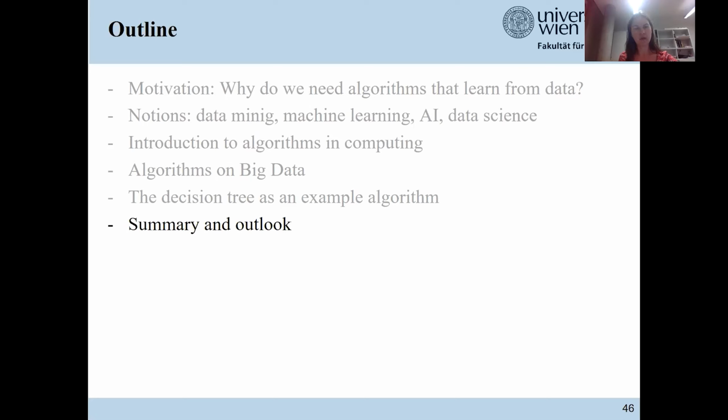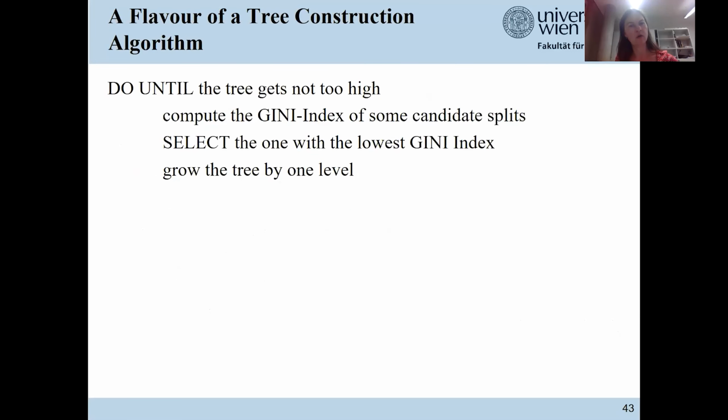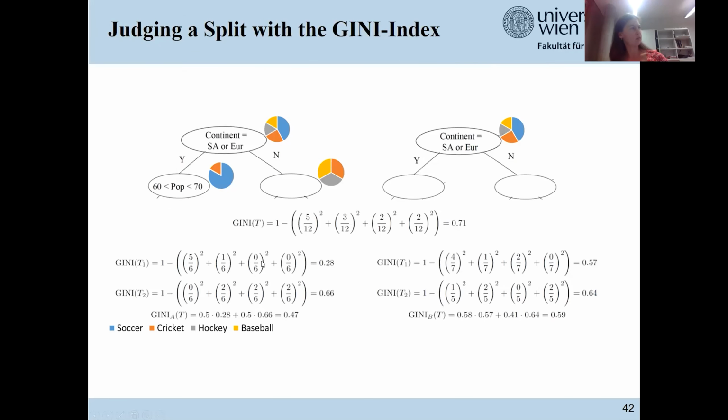Yeah, one question was on the computation of the Gini index. The weighting in this example is not equal because we have in total 12 training instances in our data table. I think I said 11 previously, but indeed, 12 if you look at the little table.